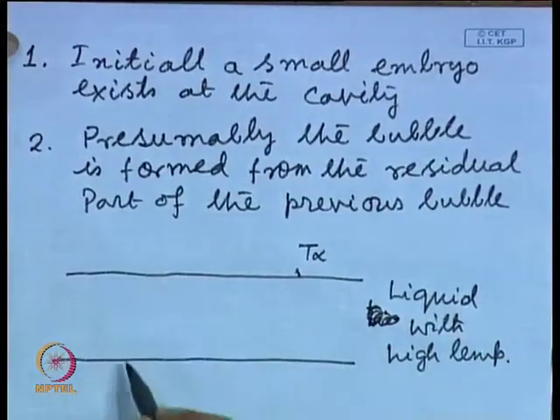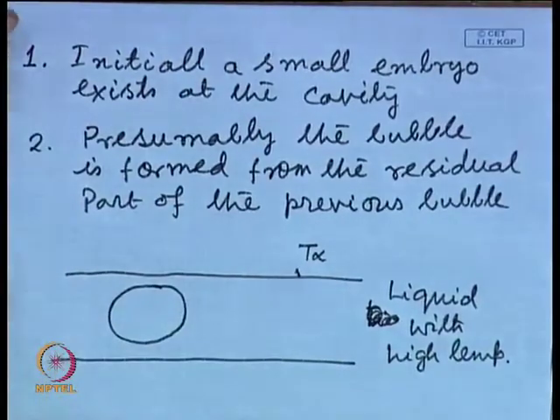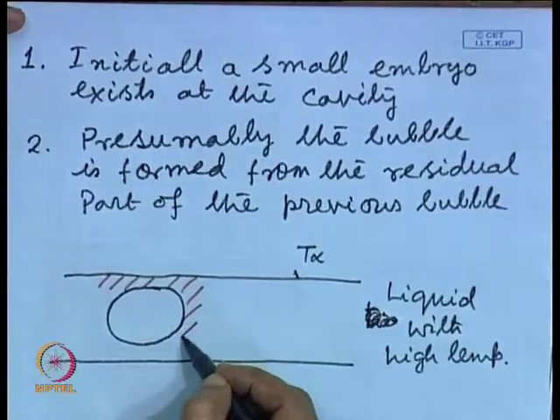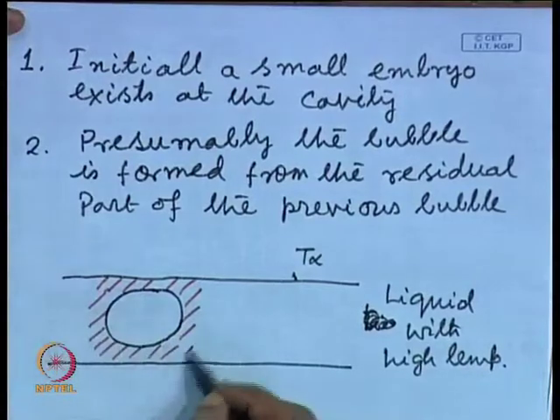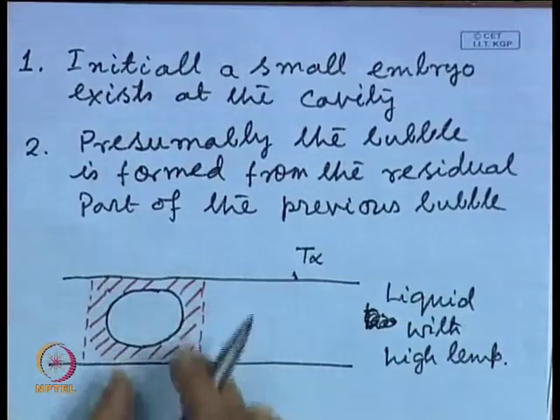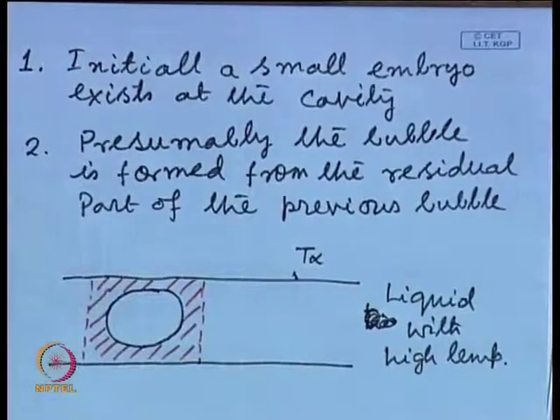Now, when a bubble leaves this surface, what will happen? Let us say this bubble is leaving this surface. When it leaves, along with it, it will also take the heated up liquid. Let us say this is a particular cell when the bubble is leaving. It is not leaving without any liquid, it is taking this cell along with it. So, this is another assumption which is made, that when this bubble leaves, it will leave with a certain amount of liquid surrounding it, and this is a common phenomenon.